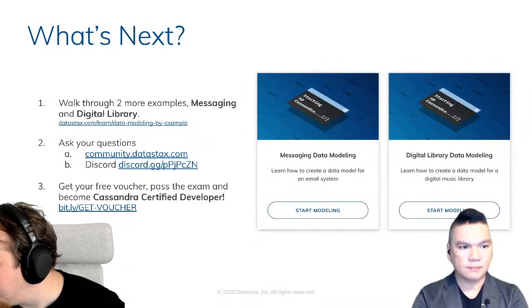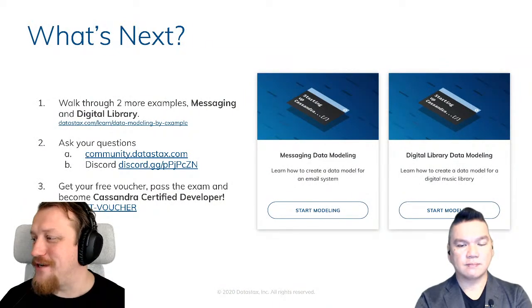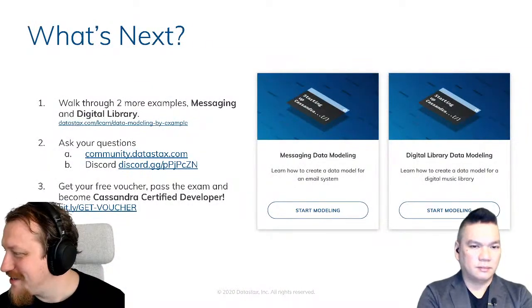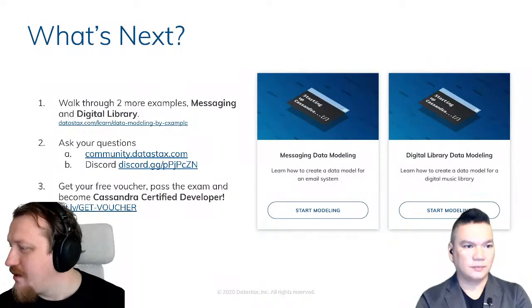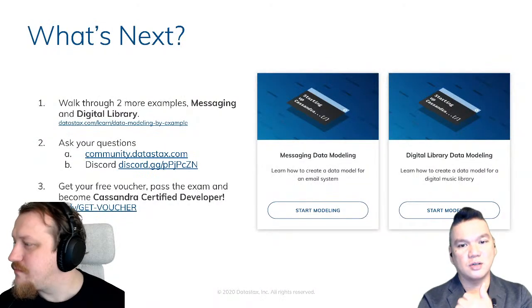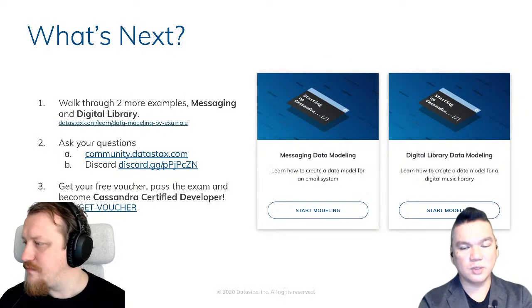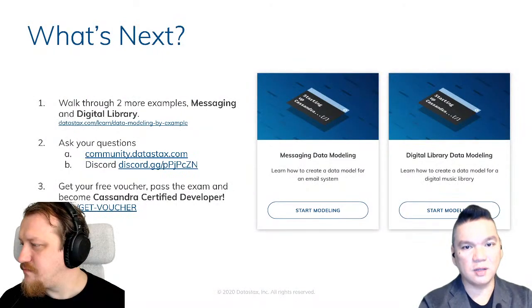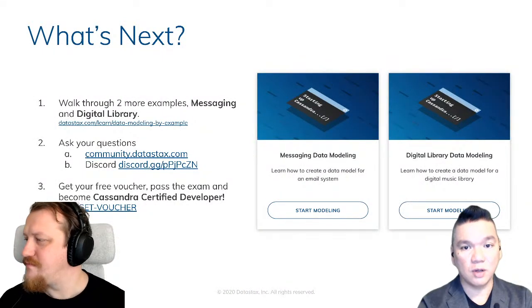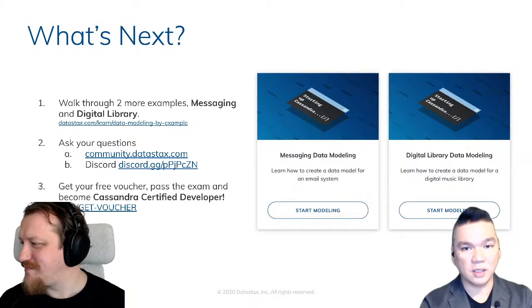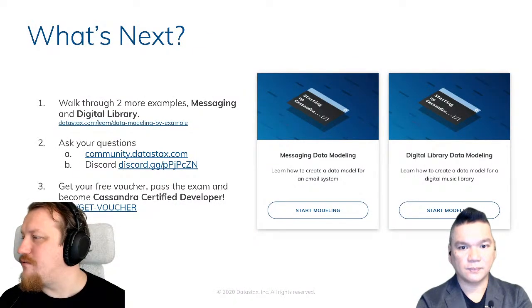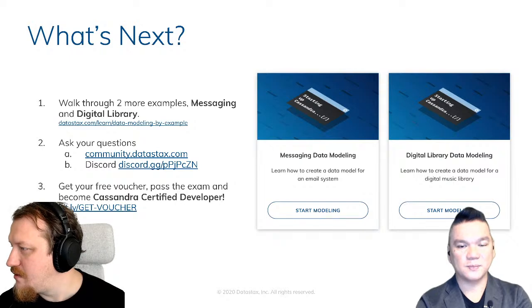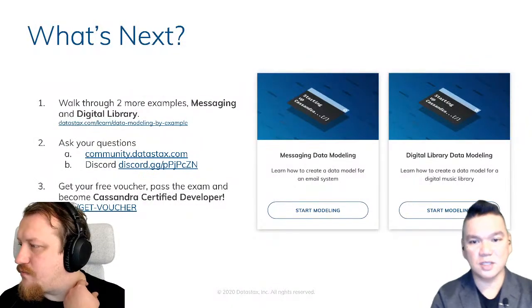Good. What if submitted form twice? Nothing bad. Don't worry. But you will not get 2 vouchers. Good. Can the voucher be used for the Cassandra administrator exam? It's for administrator or developer, whichever you want to do. You have to submit using the Eventbrite email that you use, because we have no way of knowing whether it's a random person filling in the form. Can we give another email address than the one we use on Eventbrite? I think no. You have to use the same one as Eventbrite.